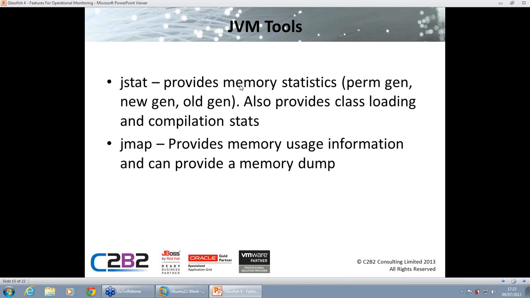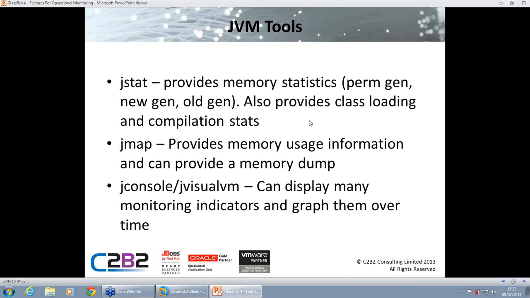All of these tools come with the JVM, and one of the particularly useful ones is JConsole or JVisualVM. They're both very similar, do very similar things, but basically all the stuff we've previously mentioned that you need to be monitoring and looking at, this will allow you to do that, but it'll also allow you to graph them over time,